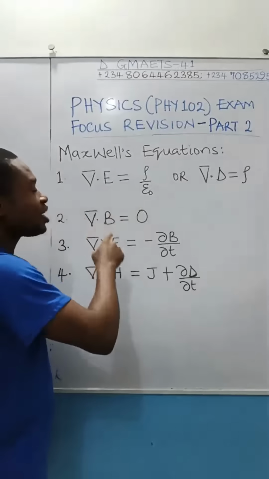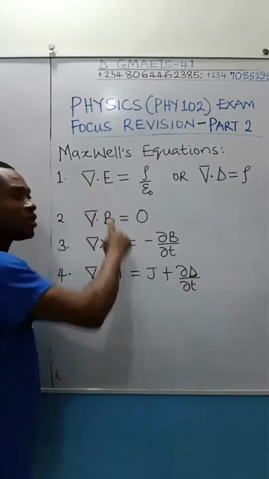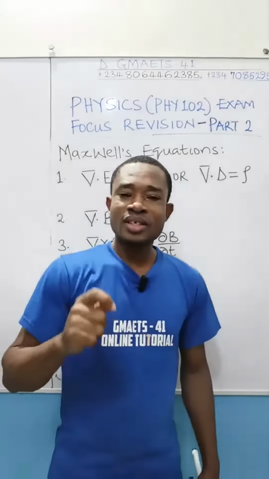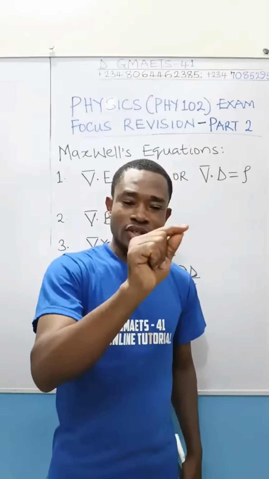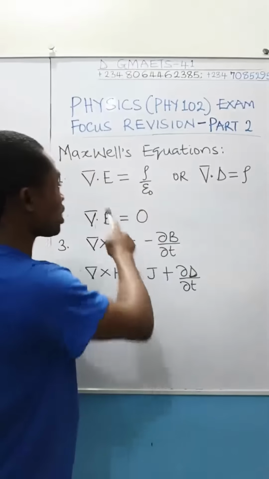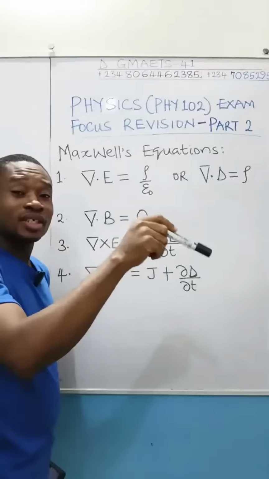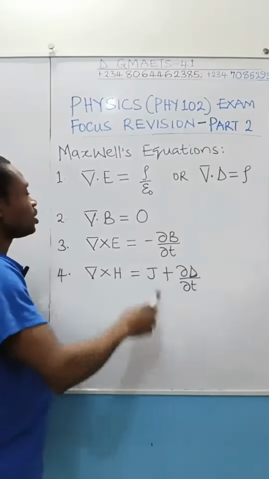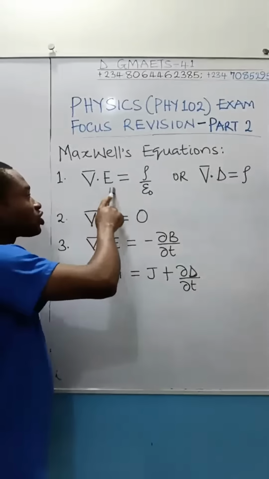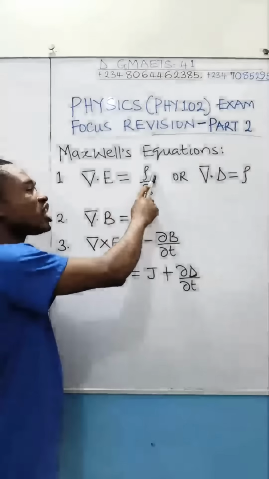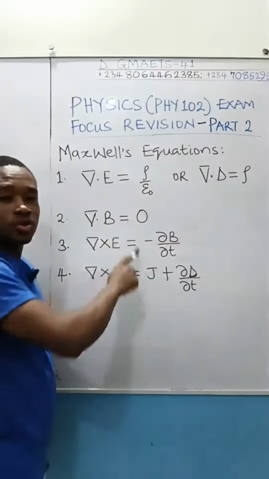Now this point you're seeing here, that point represents divergence. That point represents what? Divergence. Look at it. So this thing simply means intensity. The divergence of this vector is equal to the charge density. This row you are seeing there